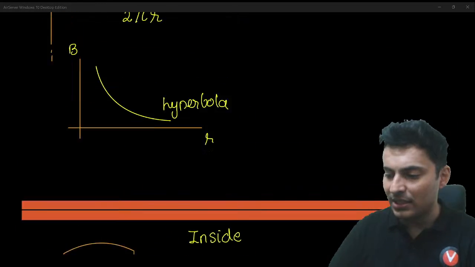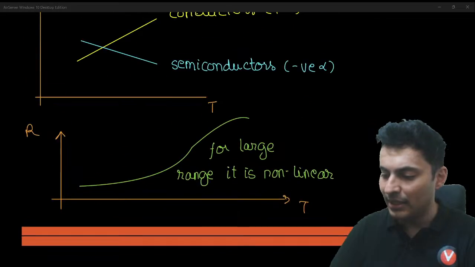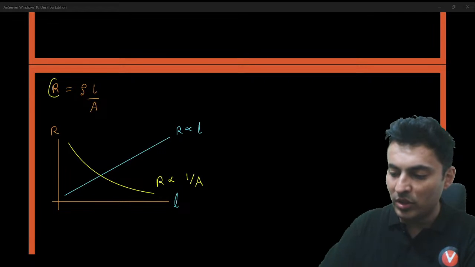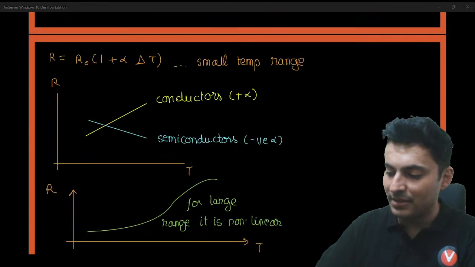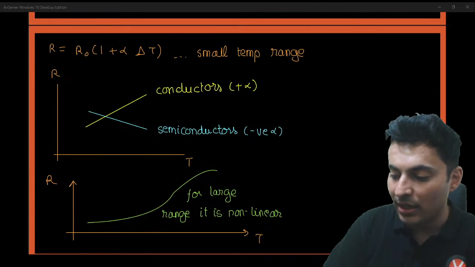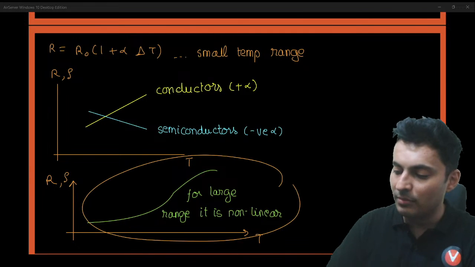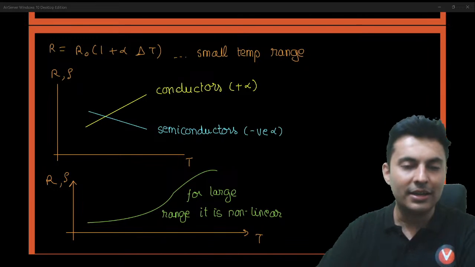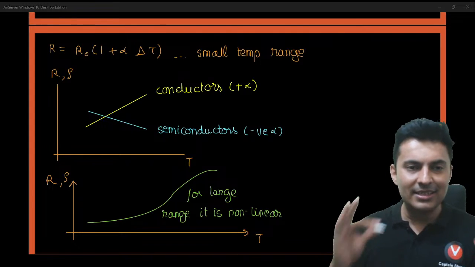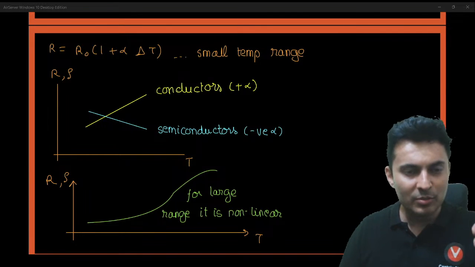Now, some of you are also asking, sir, in current electricity, can you tell us how the resistivity graph will look? See, let me tell you, R is directly proportional to resistivity. So if resistance varies like this, even the resistivity will vary exactly the same way. So resistance or resistivity will have similar graphs for a conductor, because both are directly proportional to each other. Is this point clear?